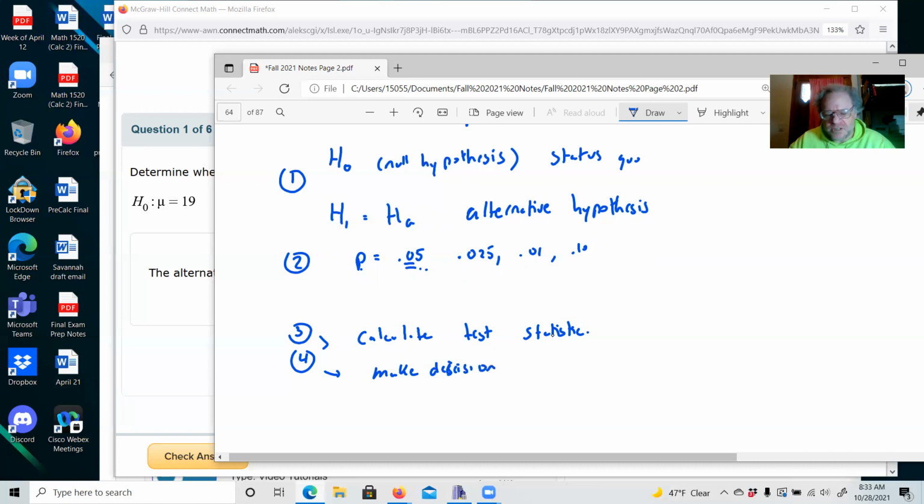Okay, we're going to make the decision. We're going to say, well, it wasn't 0.05. Okay, it was above that, so we're going to go with this. You did not meet the level of evidence you needed, so we're going to stick with whatever the status quo was. Okay. And then 5, and this is an important step, you must write